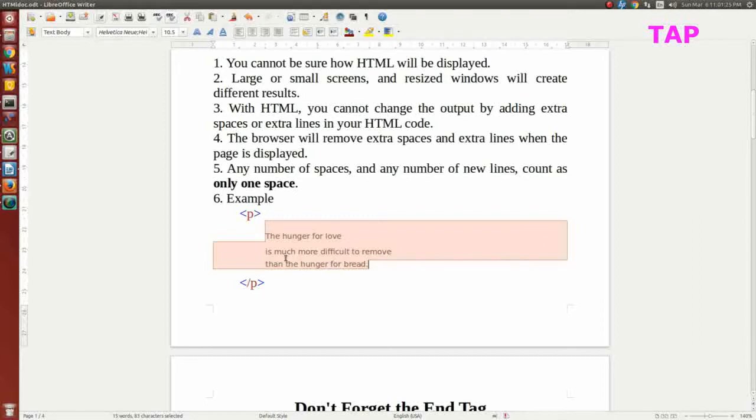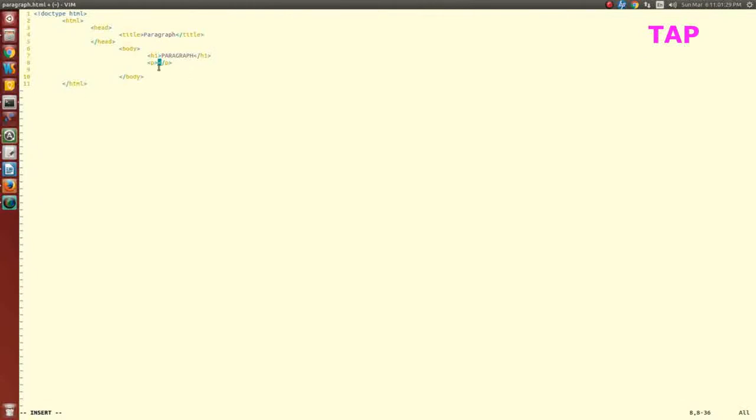Here I have taken three different lines in a single paragraph tag.